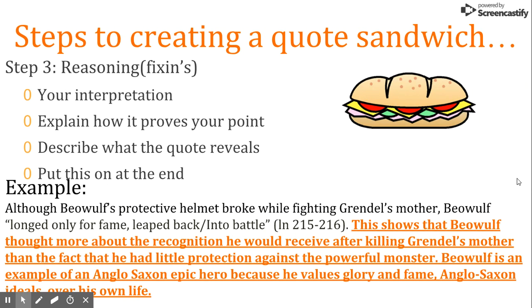Now, using the metaphor of the sandwich, every single student in this class could have the exact same bread and the exact same meat on their sandwich. But what would make it unique to you is the reasoning or the fixins or whatever it is that you put on your sandwich in addition to meat and bread. So maybe some of you like cheese, some of you don't, some of you love mayo, other people think it's disgusting. The writing or reasoning, your own opinion or response to the quote, is what makes your